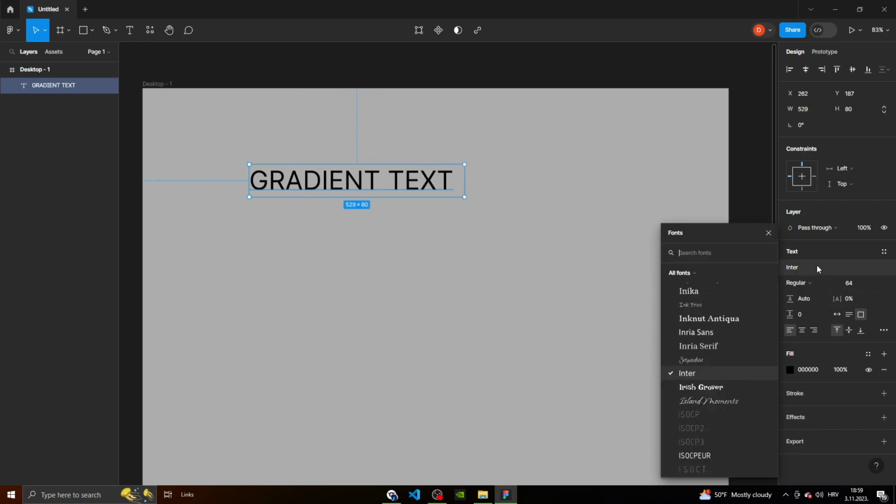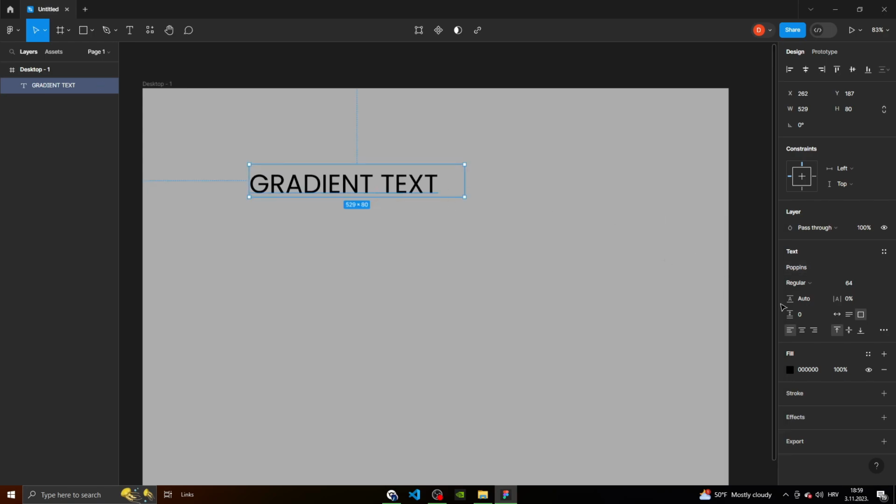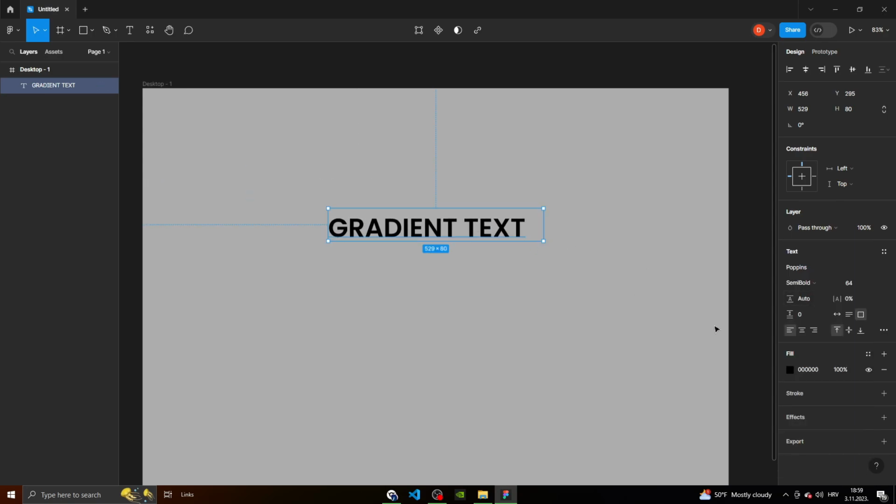And let's add it a different font. I will use this one and let's make it bold, semi-bold. Okay, that's fine. So if you want to add a gradient text, if you want to add a gradient color